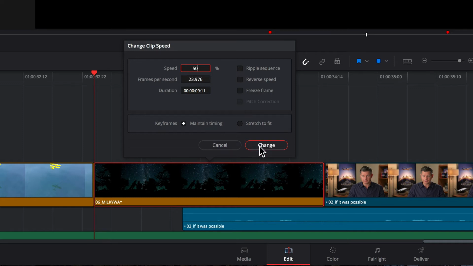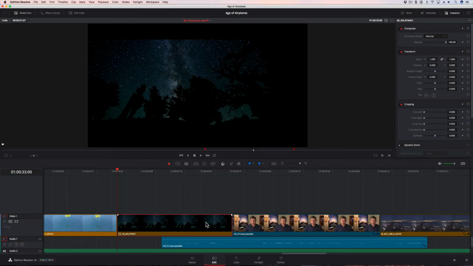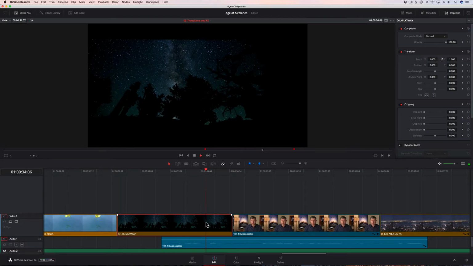Now notice what happens to the clip, or more importantly, what doesn't happen to the clip when we click change. Nothing happens to the clip. It doesn't stretch out like it did in lesson 1, where we dragged it further to make it slower speed. Here, with the menu Change Clip Speed, it slowed it down, but it keeps the clip's position and duration in the timeline. So when we play this back, it's going to play back slower, but it doesn't extend the clip